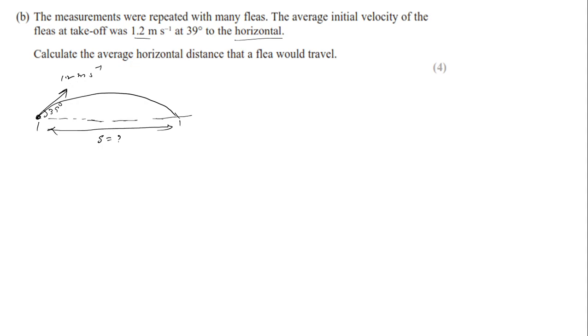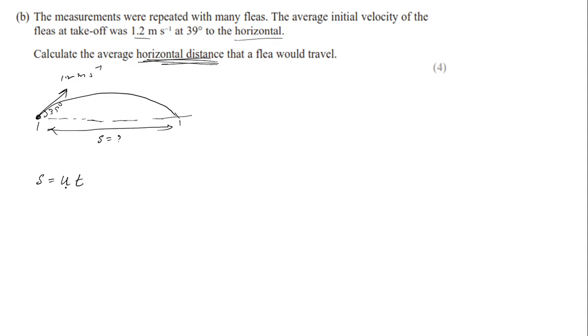and the angle. So there are at least 3 different methods to solve the problem, but I will give you just one, and for the second one I will give you the idea because we don't have much time to explain every method. So the first method you can use is just SUVAT equations. We need to find horizontal distance, because this is a projectile. That means we will have to use S is equal to ut,